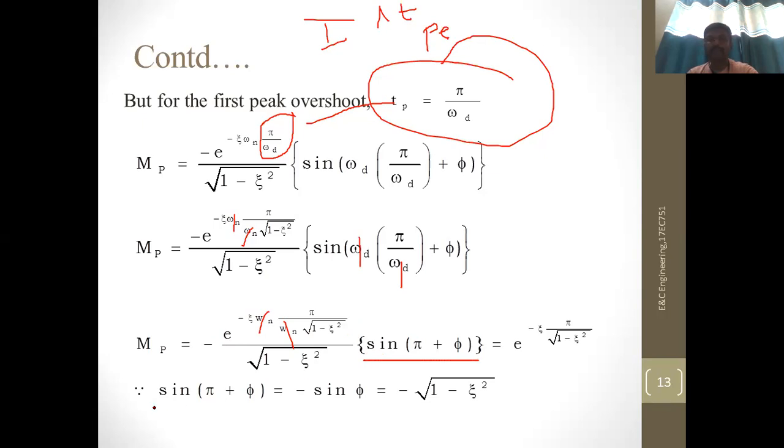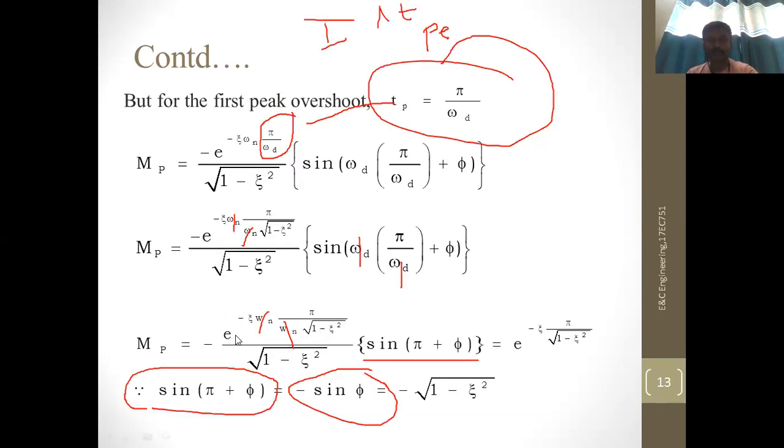Is it okay? And this sine of pi plus 5, how do I write this? This is sine of 180 plus theta. 180 plus theta is minus sine theta, thereby this is minus sine 5. Now already we have minus of minus, what it becomes is plus. Is it okay? Next step,